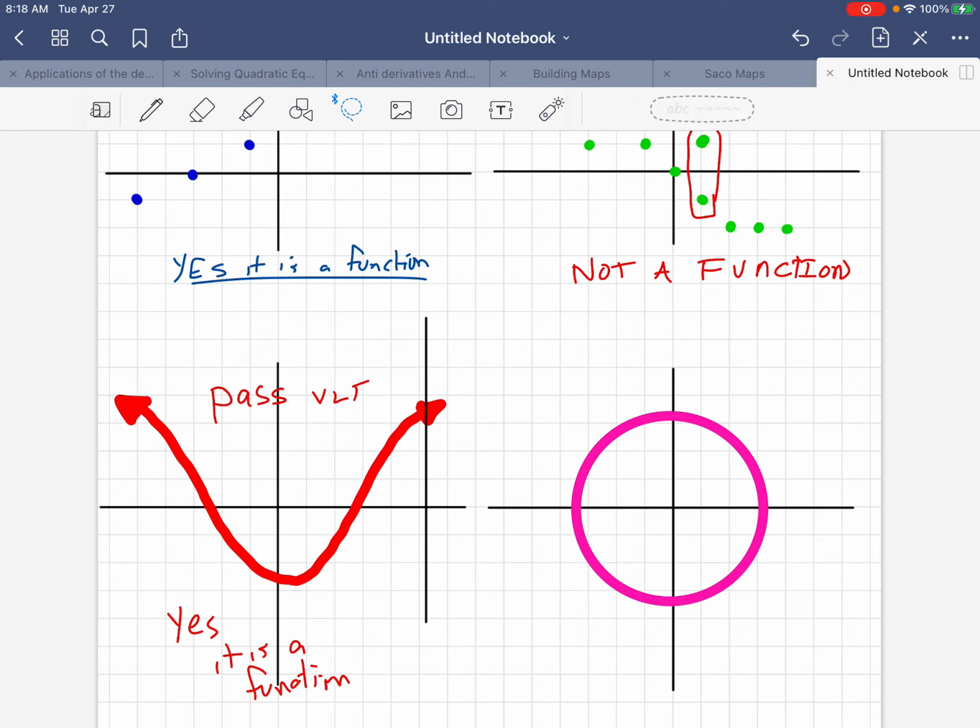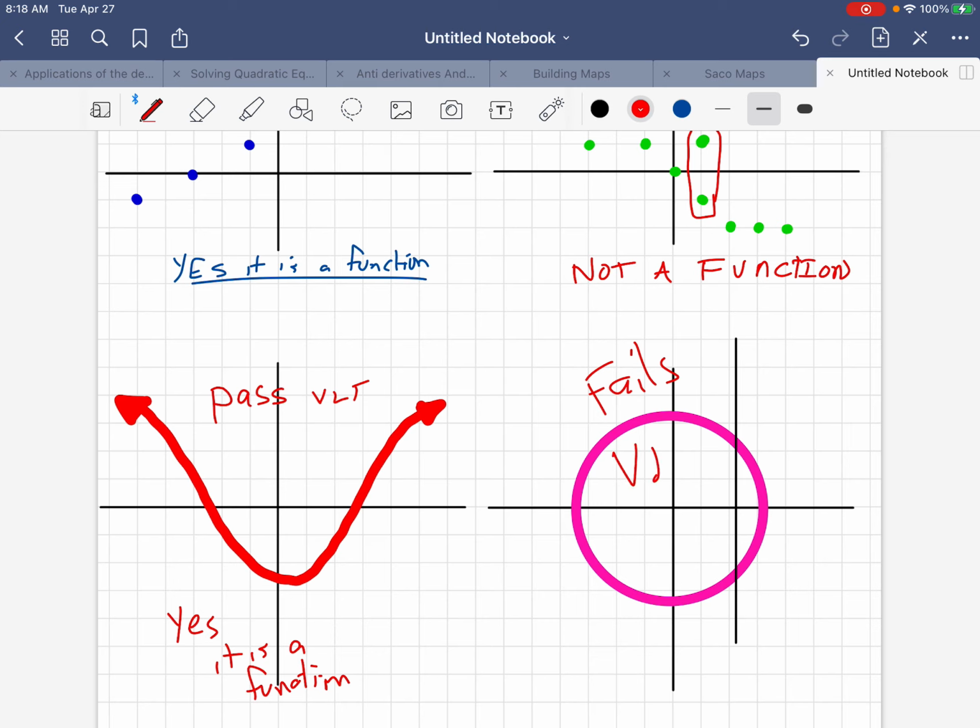Now let's look at that circle. Oh boy. It fails here, it fails there, it fails there, it fails there. This fails all over the place, right? It hits twice in so many places. It fails the vertical line test, not a